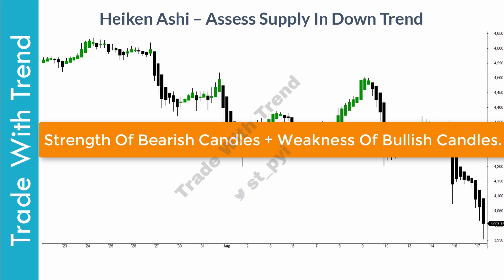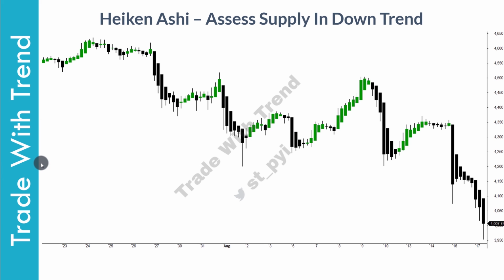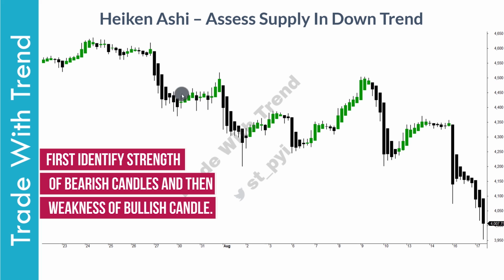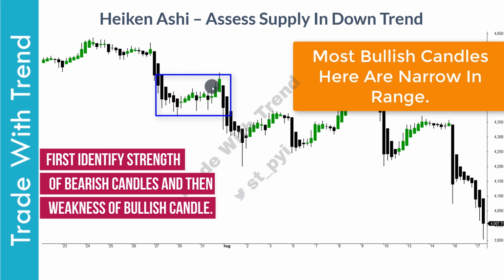To assess strength of supply, you need to assess strength of bearish candles and weakness of bullish candles. Learning to assess this would help you holding positions in a trend and also to analyze underlying strength or weakness on the chart. If you look at this chart in front of you, after these two initiation candles here, price moved lower. Clearly, these two candles that you see are wide range candles and represent strength and momentum. Post this, look at how weak bullish candles show up on the chart.